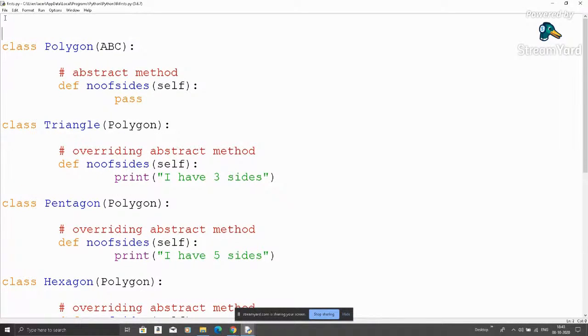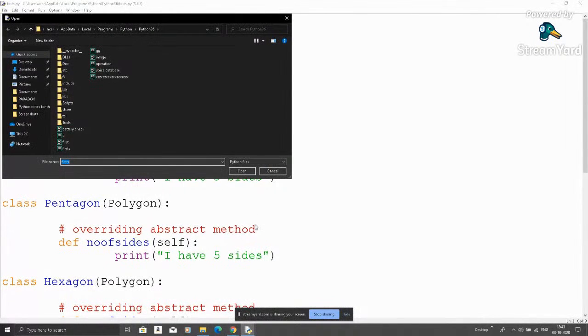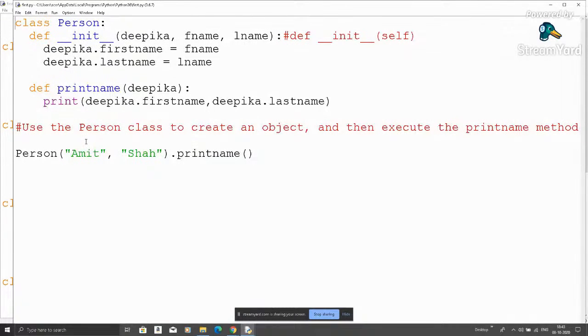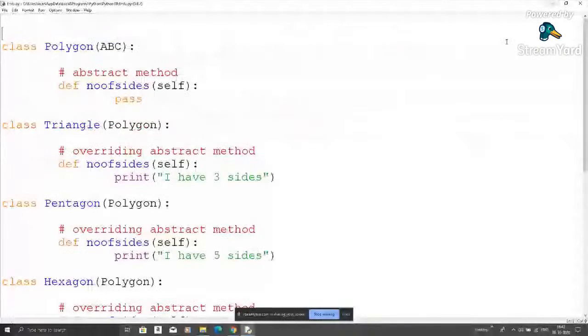For example, let's take one example regarding this. When I was teaching you the class, how you make a class and define a class, I used it as a parent class, because I told you about inheritance in the previous session: you make one parent class, and after that you inherit something from it. But what happens when we are using a module, when we are creating something new? That's the point: how you import the module in another file.